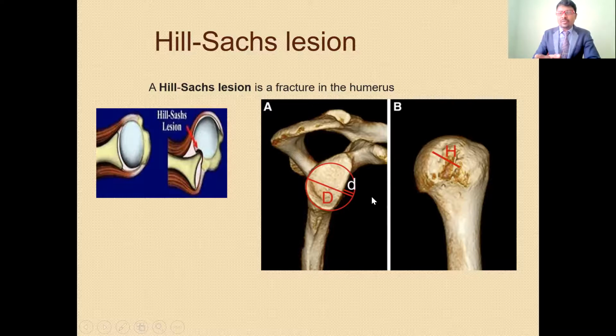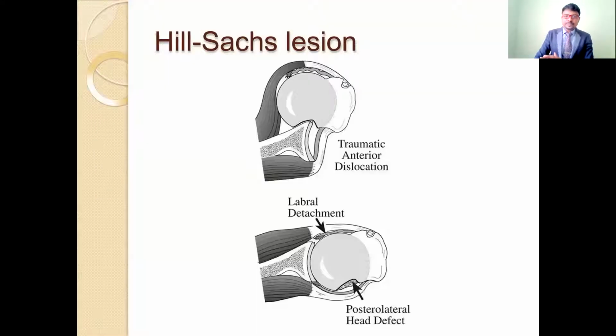Depending upon the causative factors involved, the surgical procedure will be different. In the case of Bankart lesions and Hill-Sachs lesions, if you give the reduction methods, we cannot reduce the shoulder dislocation. So the only option is surgical management to repair the Bankart lesions and Hill-Sachs lesions. In those conditions, the treatment procedure will be open reduction.